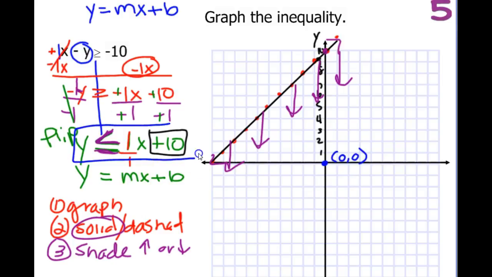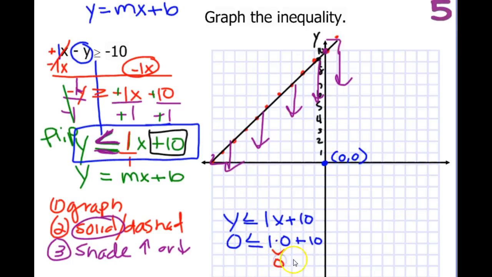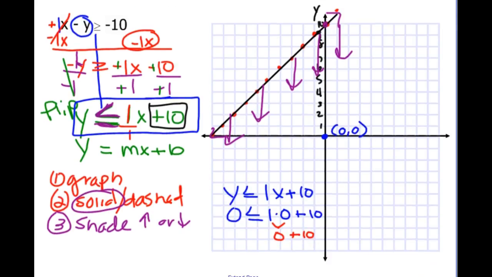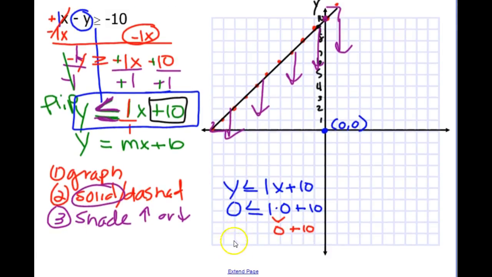So looking at your equation right here, it would be y is less than or equal to 1x plus 10. We plug in a 0 here and a 0 here. Well, anything times 0 is 0. 0 plus 10 is 10. So is 0 less than or equal to 10? Well, yes it is. So if it's true, you shade towards that point, which I am shading towards that point,